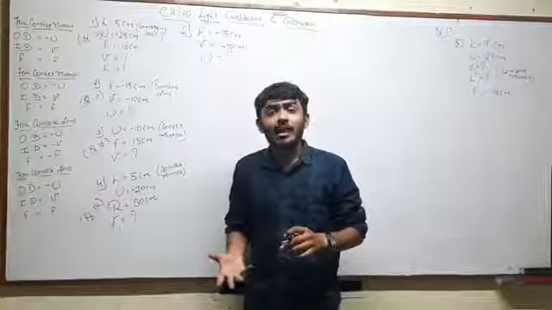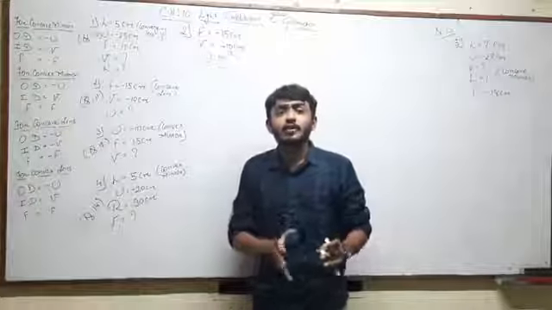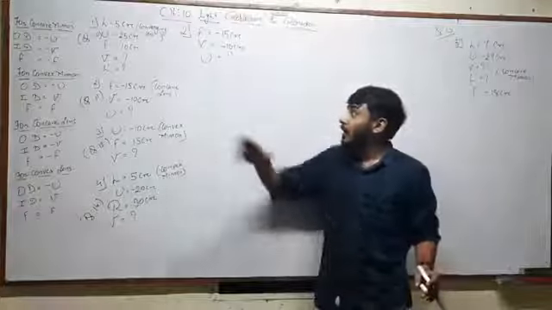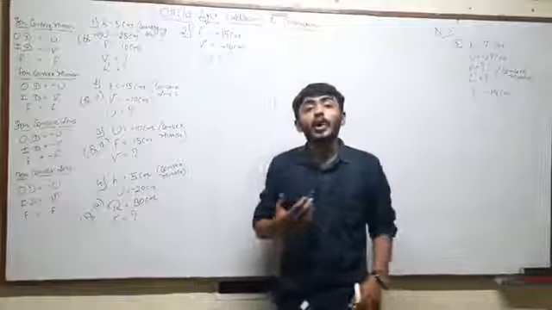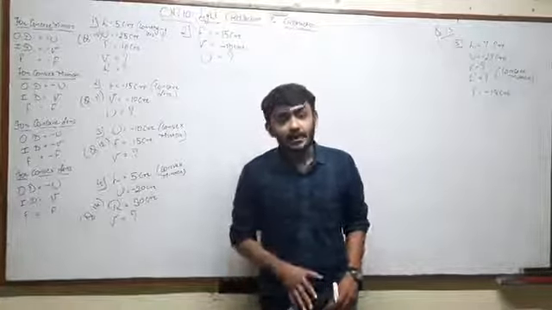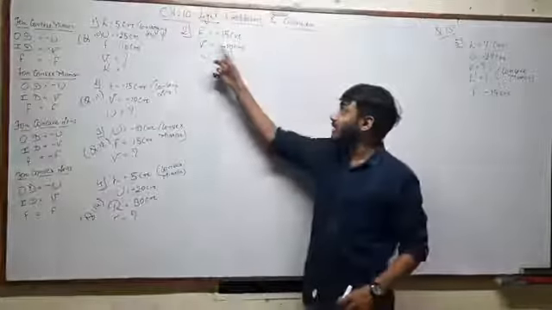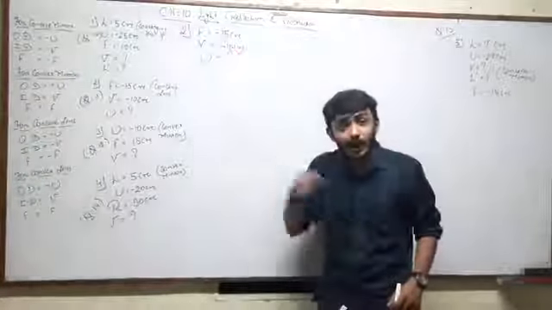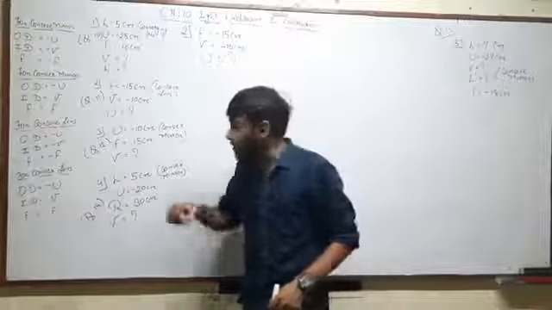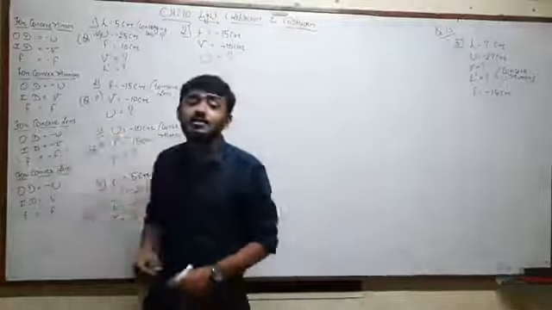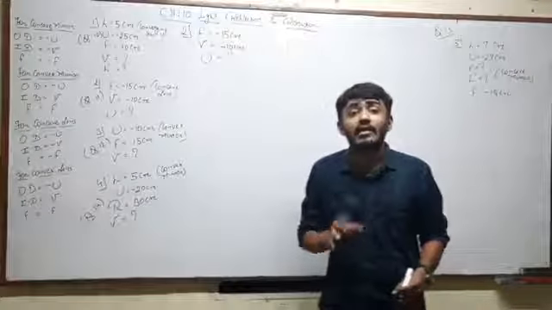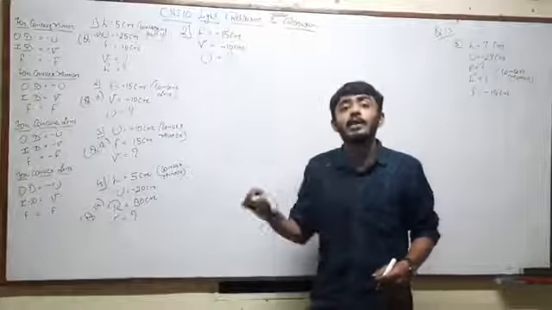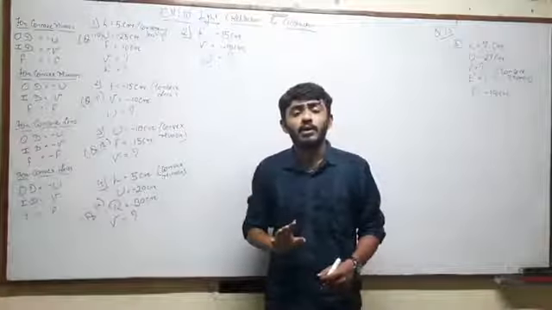In the exam we will be writing that the focal length of a certain lens is 15 centimeter, and if the image was formed at 10 centimeter, for a concave lens, find the object distance. They won't be giving us the negative sign. This negative sign I have kept because we know the sign conventions of the lens and mirror. They won't be writing any negative signs over there, you need to know where to give the negative sign and where not to give.